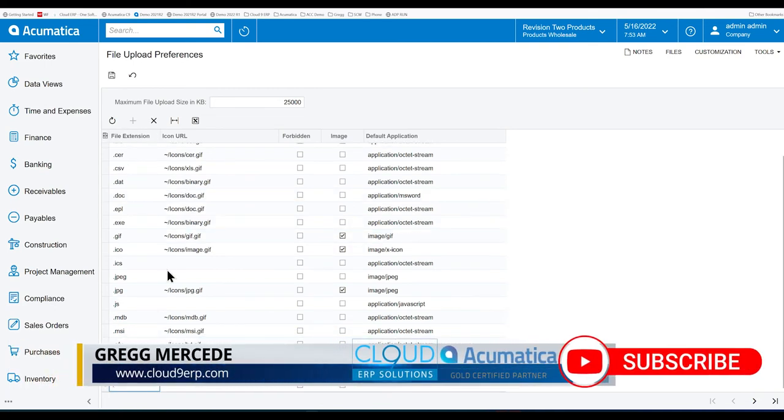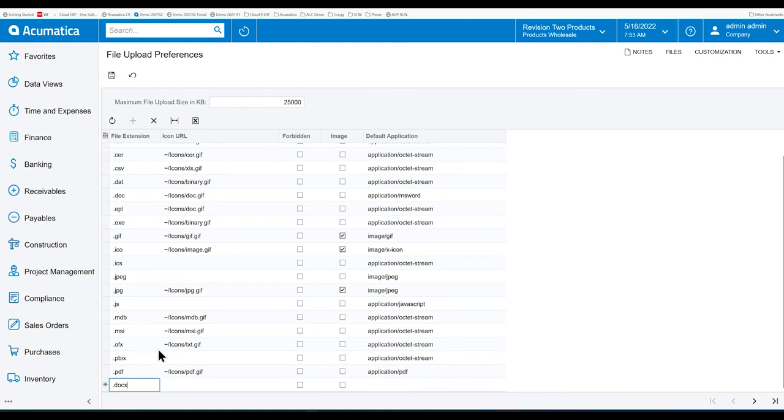I'll put the extension I'm adding. I can give it an icon URL, although I'm not sure where we actually use that anywhere in the software. But I'll use this one. I'll just copy and paste it. And then over here is the default application. Now, the default application, if you right-click on any file